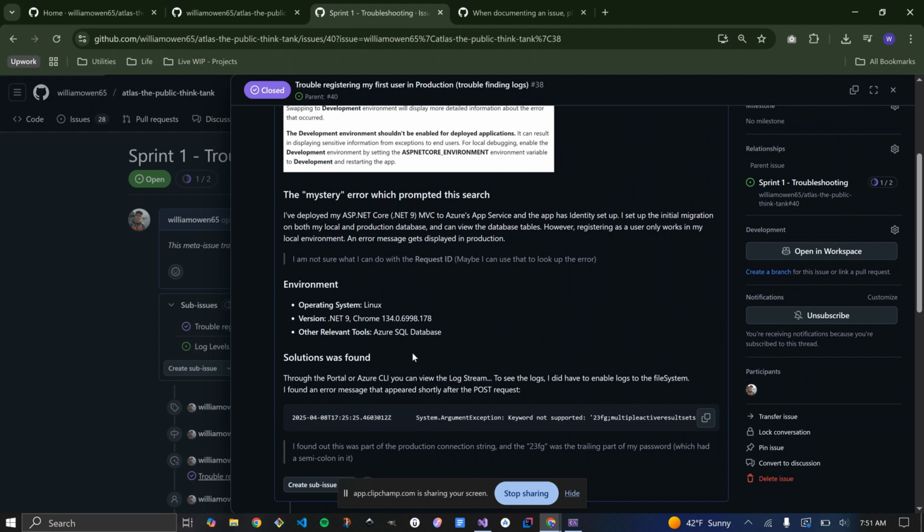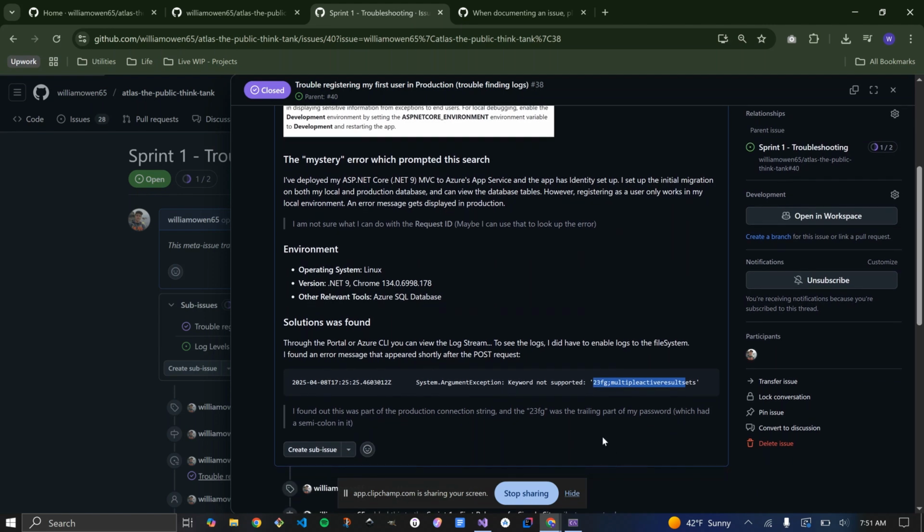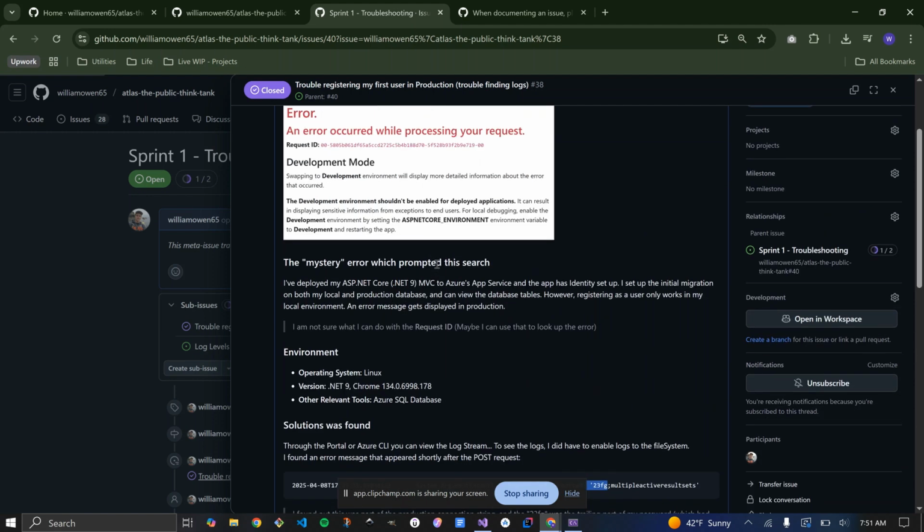My issue was with a connection string to my database. My connection string had something that looked like this in it, and I found out that it was from my password for my SQL user. Joe did tell me that I could wrap my password in quotes or something else to escape that semicolon, but I ended up just changing my password.